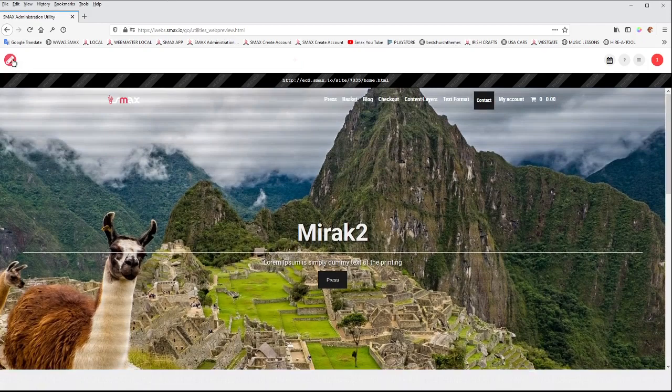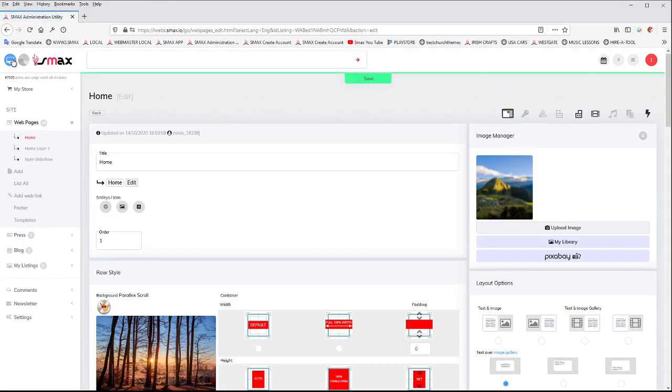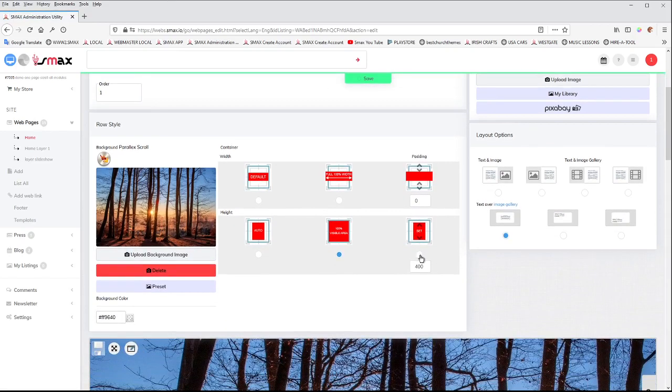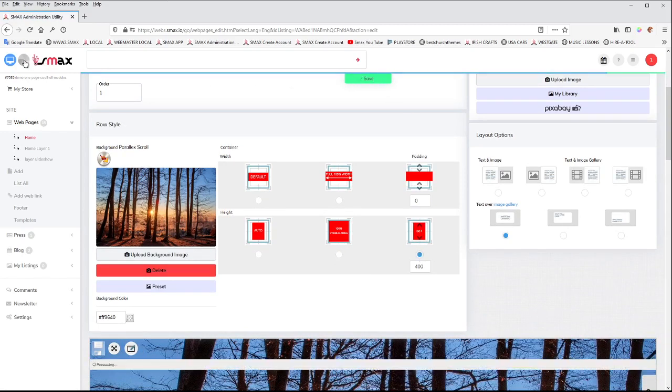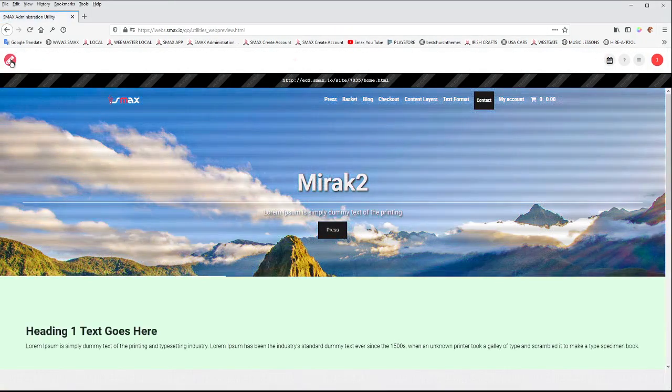So what other additional things can you do? Well, it's so powerful, this system. We can set the height if we wish, and let's set the height. We can see now we've got our height that's set, and you can see that there's a little bit of spacing here,